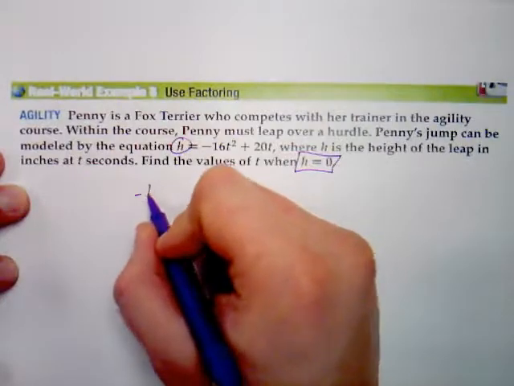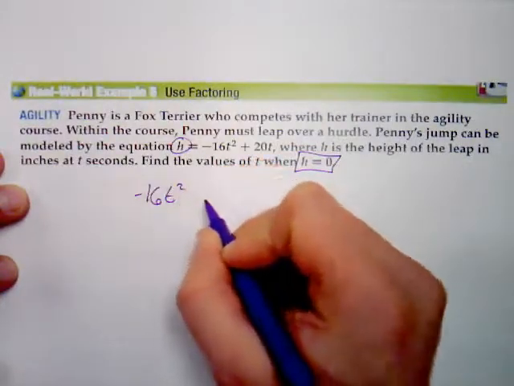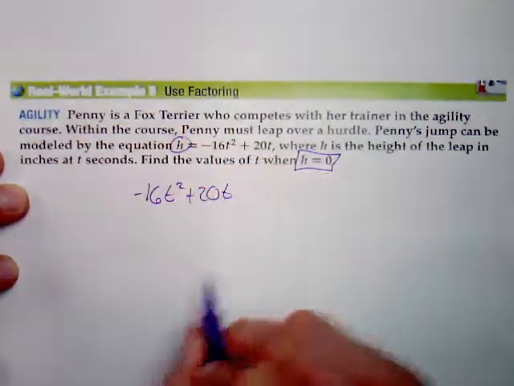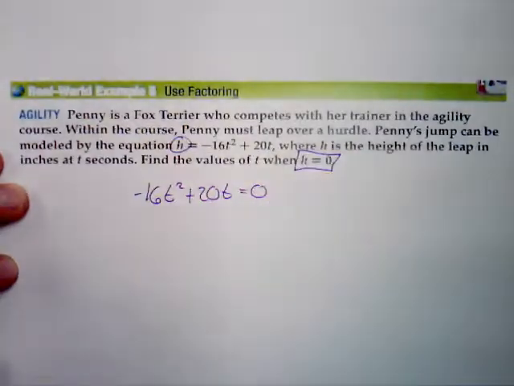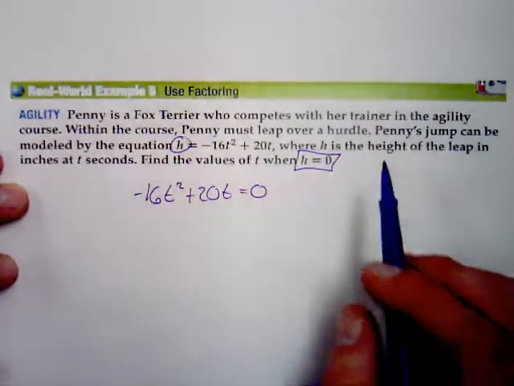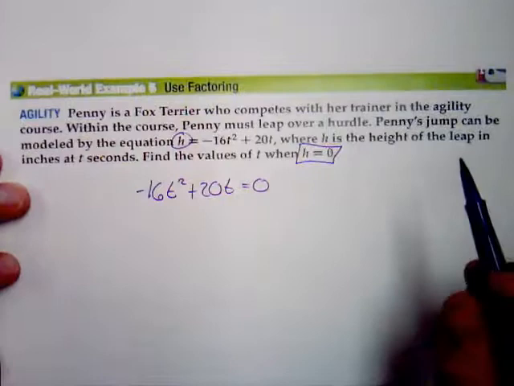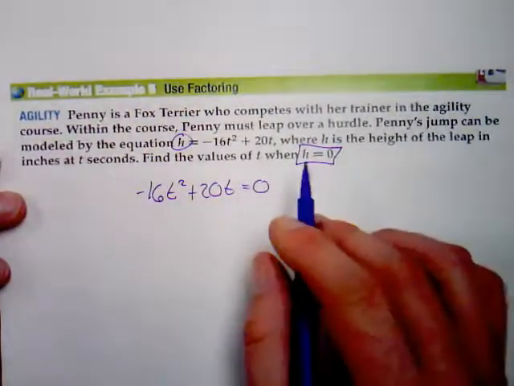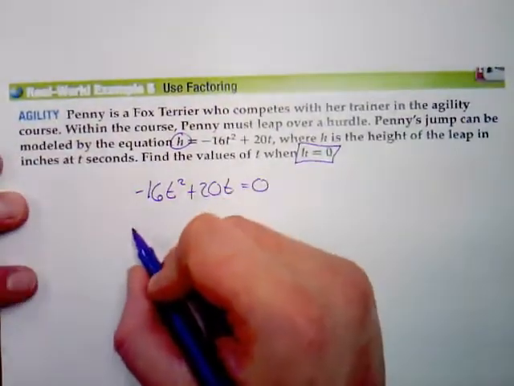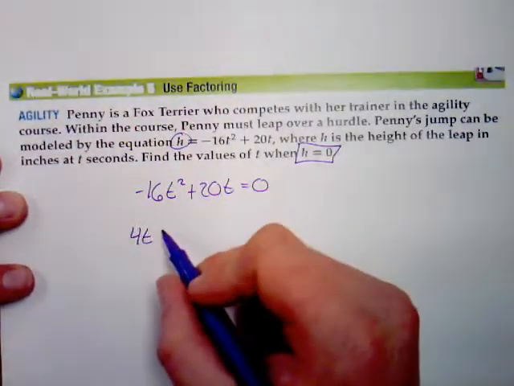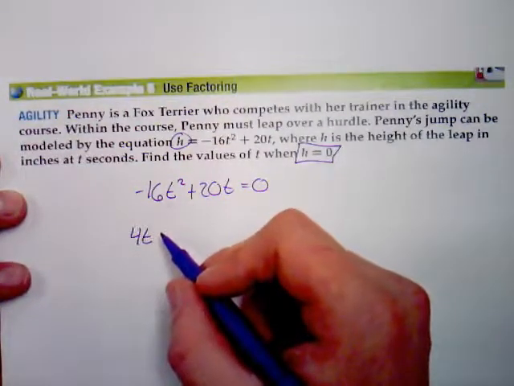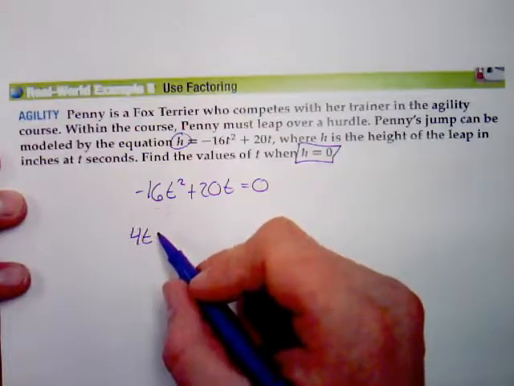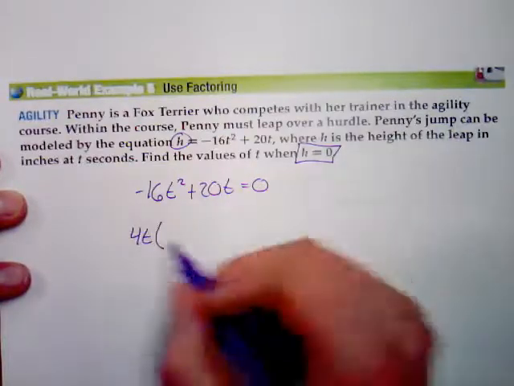Okay, so I'm going to rearrange it just a little bit. I got -16t squared plus 20t is equal to 0. I've plugged in 0 for h. So now it's just like what we got done doing. Let's find our greatest common factor. Our greatest common factor could be 4t. You could possibly do a -4t. It's not going to matter much. So 4t is then